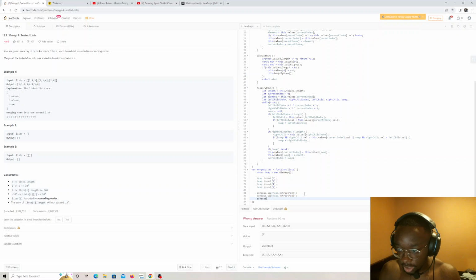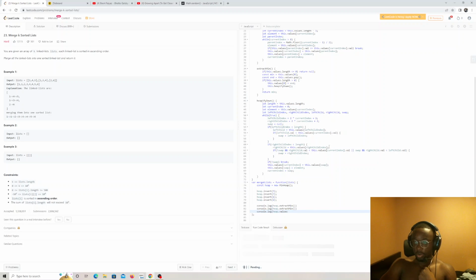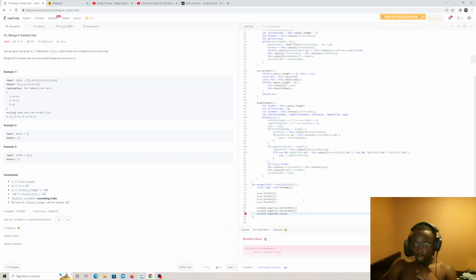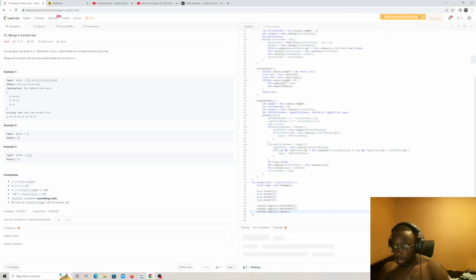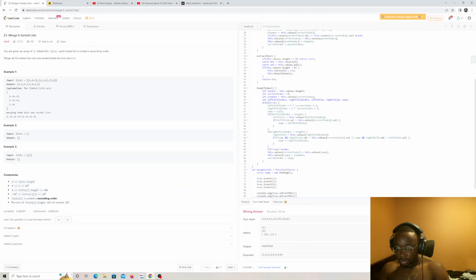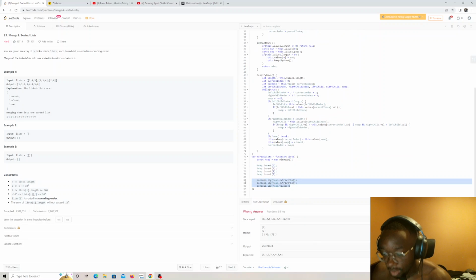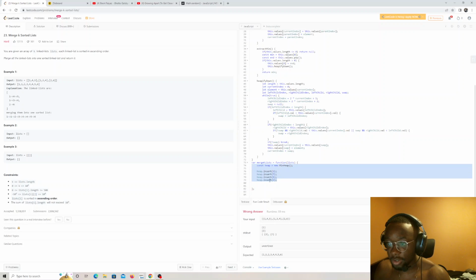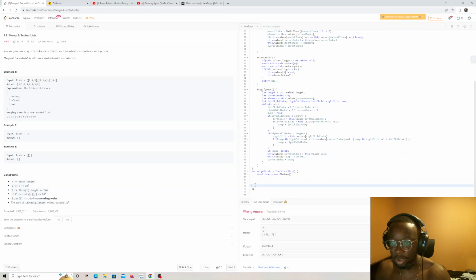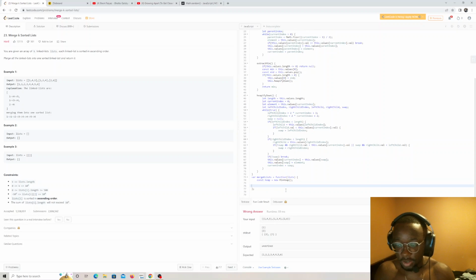And then I'm going to console log heap dot values. So we should see 3 or 2. Crap, I always do that. And it's showing me the nodes we have left. All right. So from this, it shouldn't be that bad anymore, because now we have a working heap. So what this means for us is